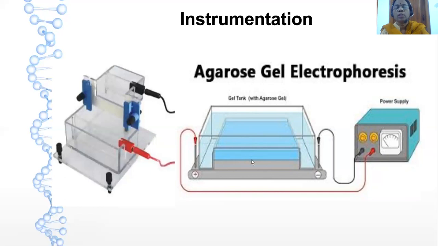And this stage has a detachable casting tray, which you can see here. This side and this side are closed, and this side and this side are open. Though this is covered by a lid, inside the system, this tray, the blue colored one which you see here, is detachable.